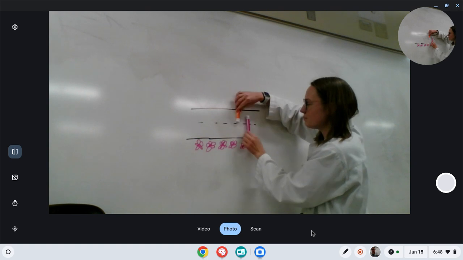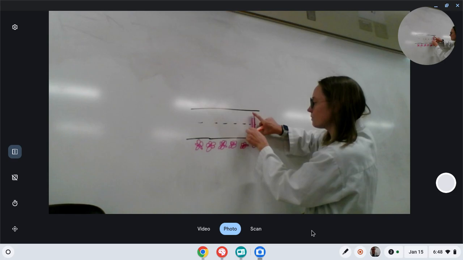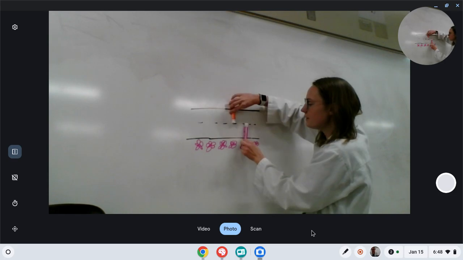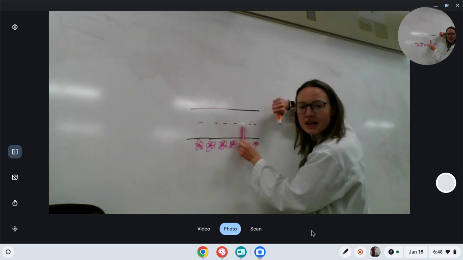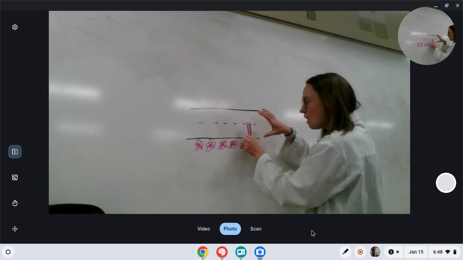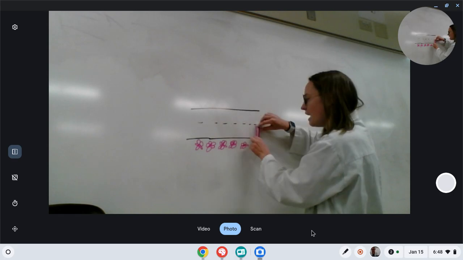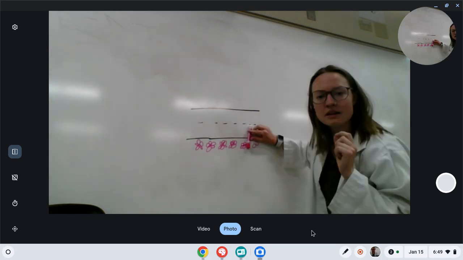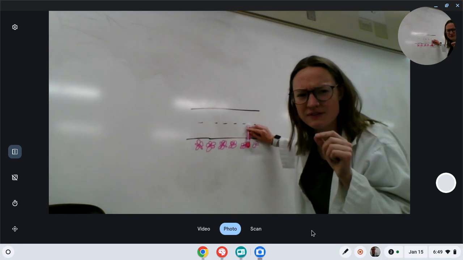And this car, which used to have both of its tires on the road right here, all of a sudden has to dodge the situation. And one of the tires now goes into the field of flowers. What's going to happen to this car? Well, one of the tires is now in the field of flowers. The tire that's in the field of flowers can't go quite as fast as the tire that's on the road.